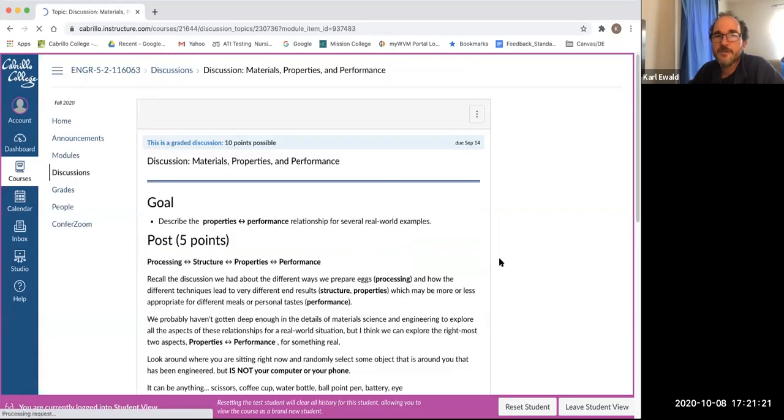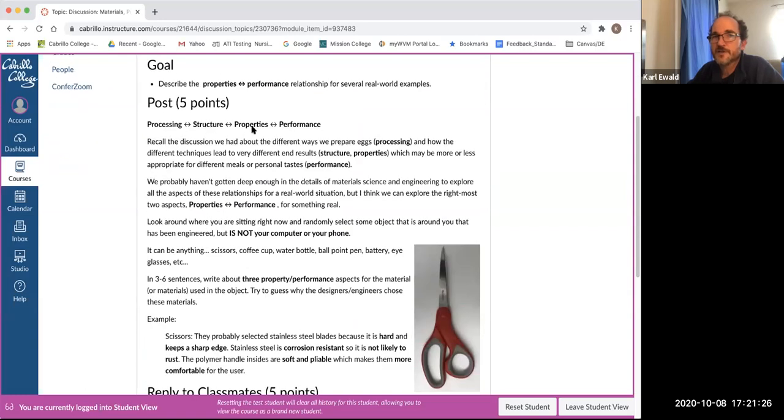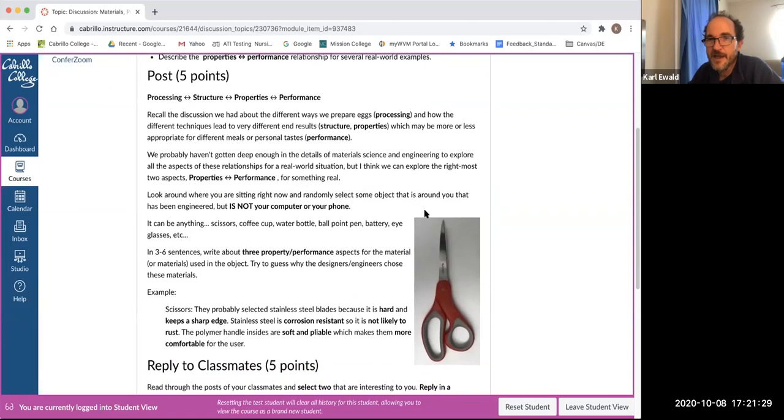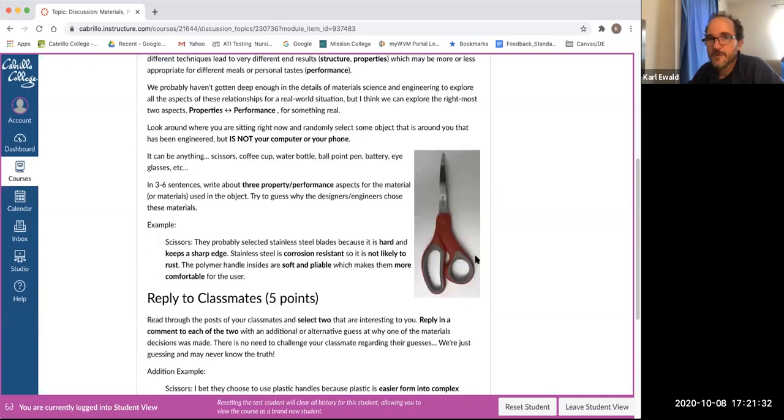And then the other kind of materials thing is this discussion, which is, again, focusing on processing, structure, and properties, but it's looking at something like, I took out these scissors and I wrote this little paragraph here, which is I'm trying to connect the ideas of properties and performance. So you can see I said here, they probably selected stainless steel blades because it is hard and keeps a sharp edge. Stainless steel is corrosion resistant, so it is not likely to rust. The polymer handle insides are soft and pliable, which makes them more comfortable for the user. Because,